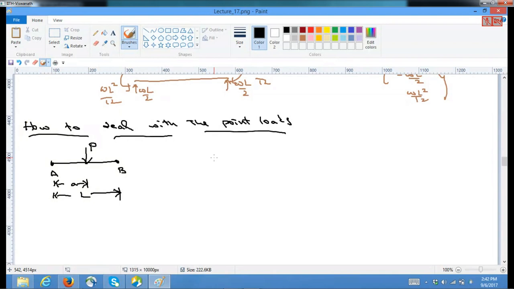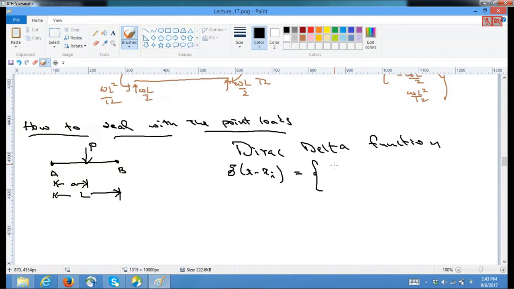The Dirac delta function can be defined as delta of x minus xi is equal to infinity if x is equal to xi, and 0 otherwise, such that